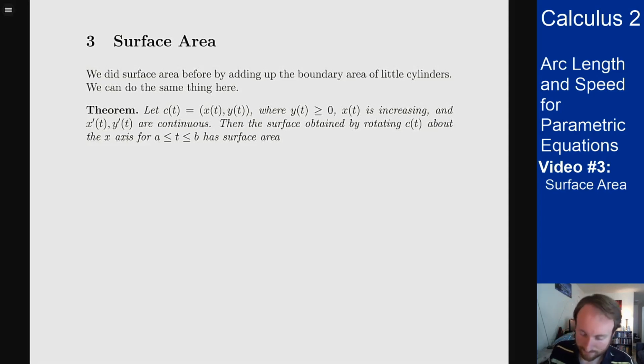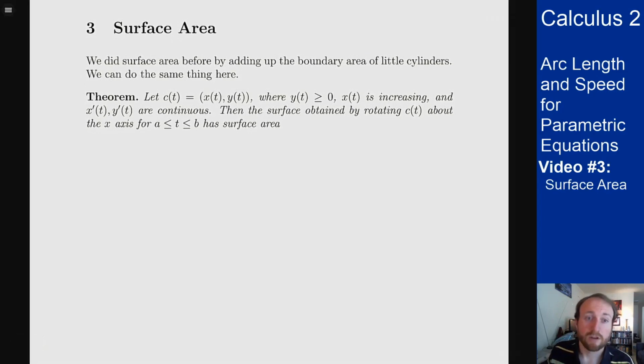The idea here is the same. If I have c of t being my curve, y is always positive, which I need for doing a solid of revolution. x of t is increasing, also for a solid of revolution. And x prime and y prime are continuous. That's what I need to do the mean value theorem part for the length of the curves. Then I can get the surface area by rotating c of t around the x-axis. The surface area S is going to be